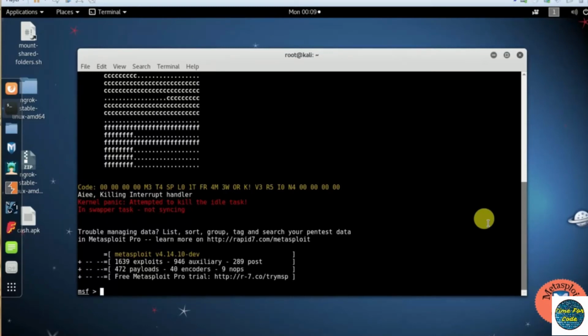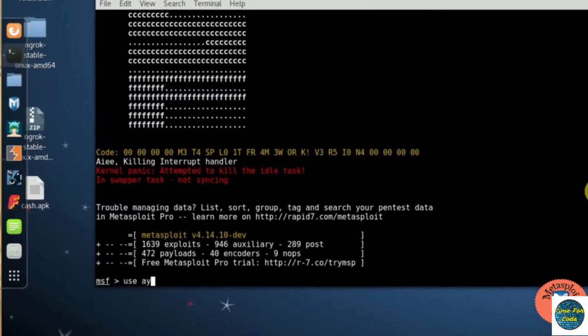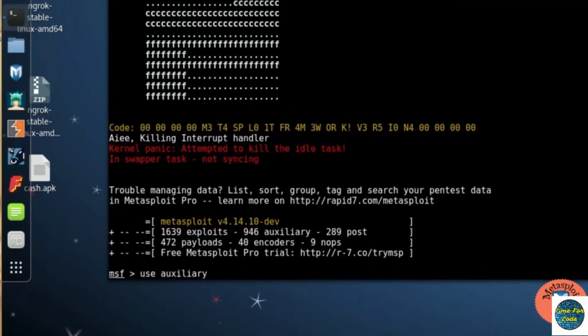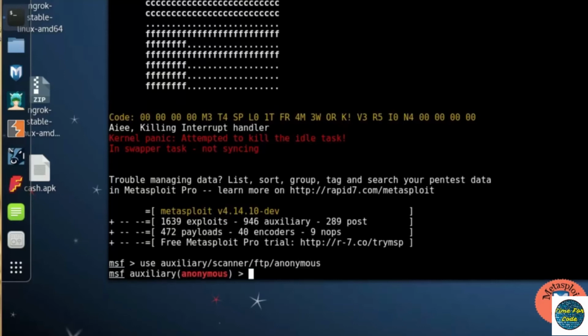And next here I am typing use auxiliary/scanner/ftp. Now the module has been set, and next typing show options.